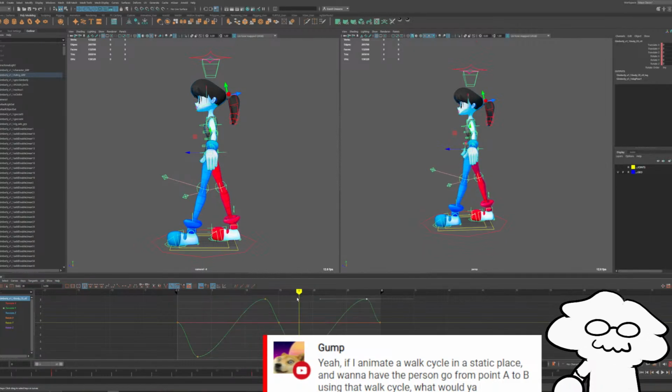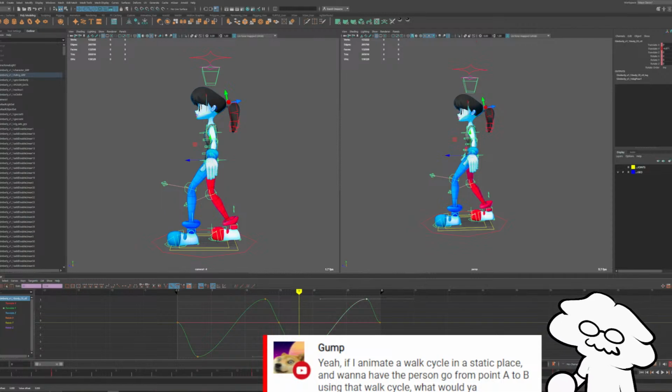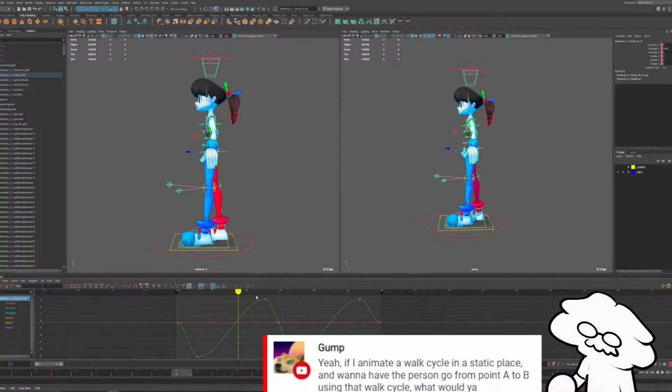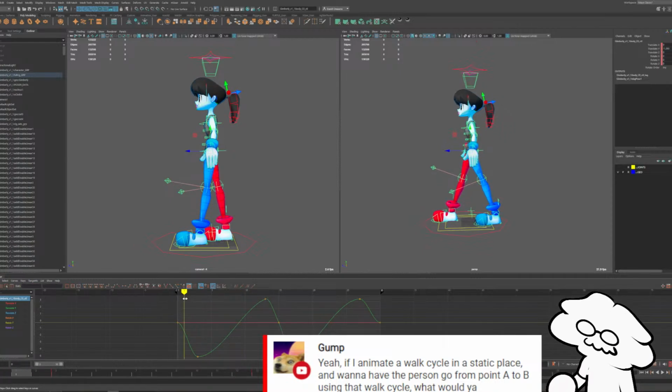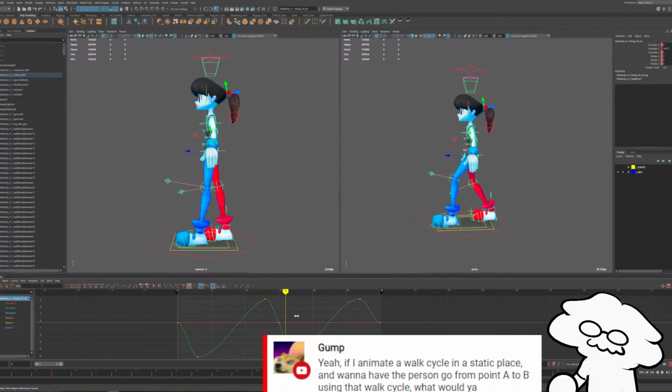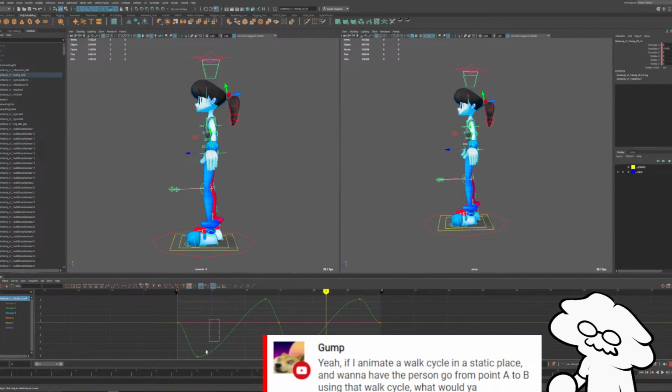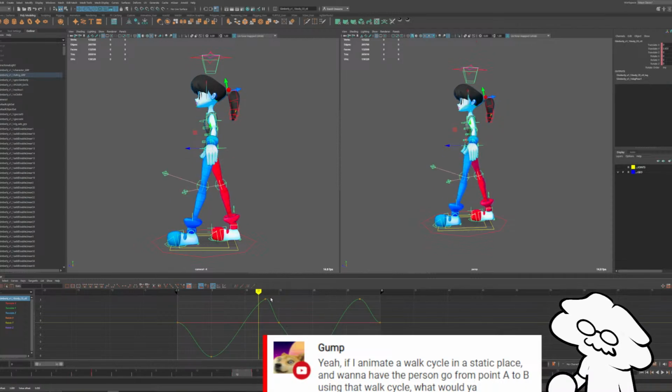So right around here-ish, maybe 1 frame earlier. This is probably a little too much, but we'll take a look at it after we got it in place. Yeah, I probably want to push it a little bit, maybe around frame 5 and frame 20, and lower these a bit.